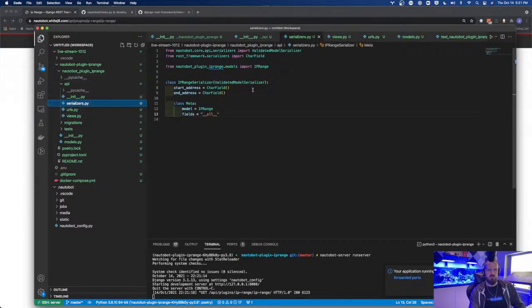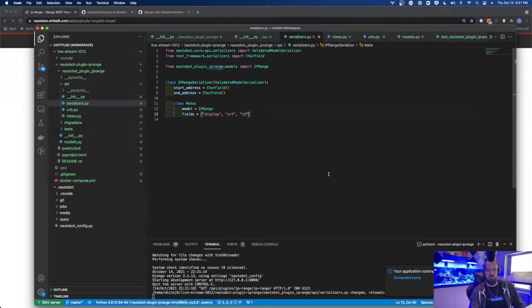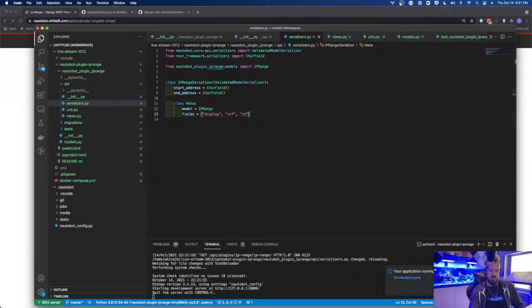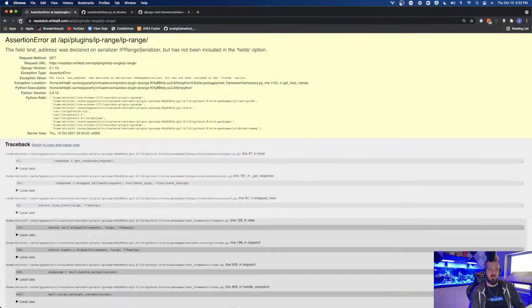If we come back over to our serializer, as I mentioned, if we wanted to, we could do display, VRF, and ID. We can save that. Since Nautobot knows to track that file, we see Nautobot automatically reloading this session. And if we come back over here and we refresh,